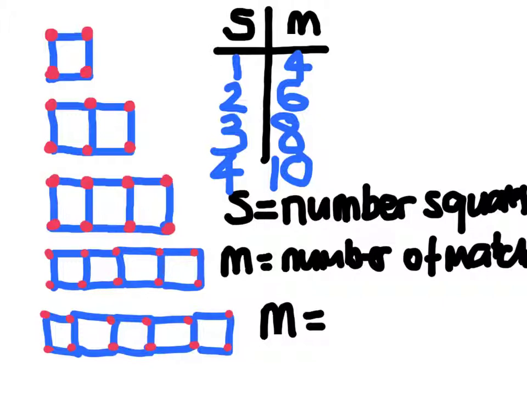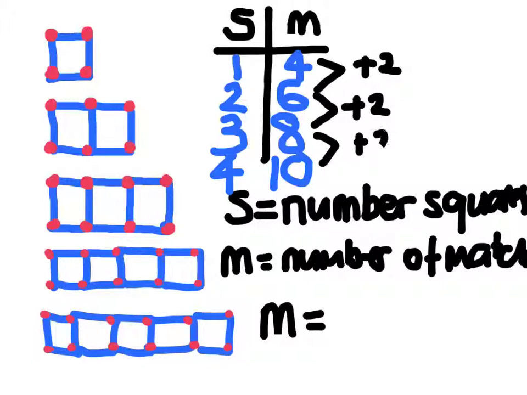Now the first thing we do is what we refer to as the first difference. What's the difference between 4 and 6? Well, I've added 2 to it, haven't I? What's the difference between 6 and 8? Oh, I've added 2. What's the difference between 8 and 10? Oh my goodness, I have added 2 again. So my first difference is in this case always the same number,